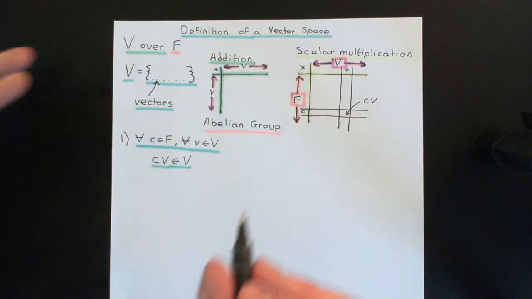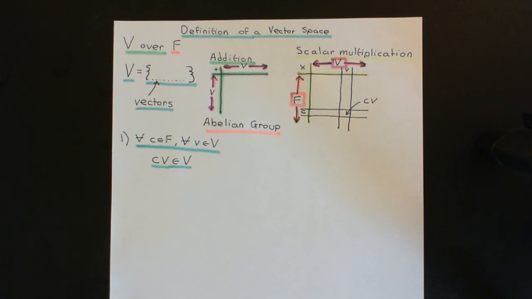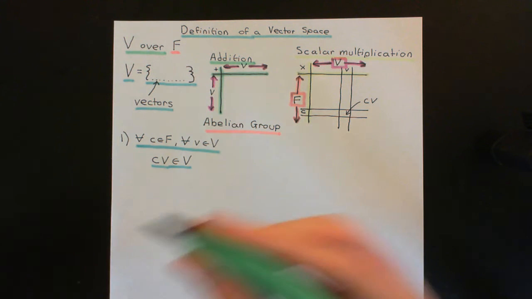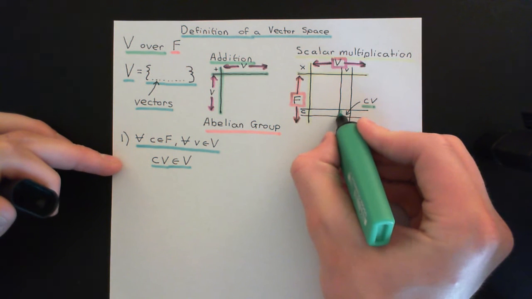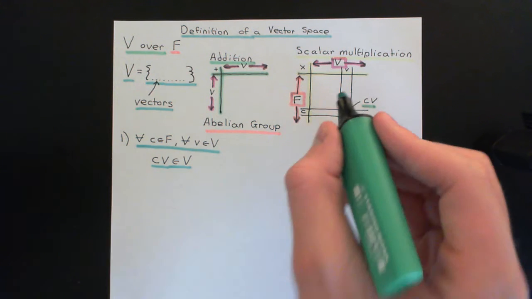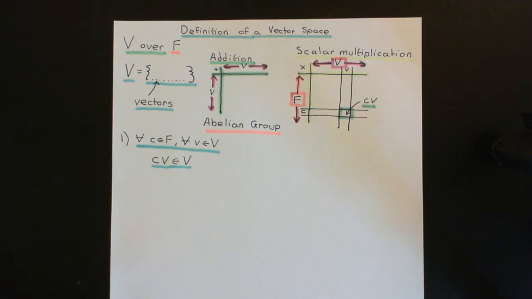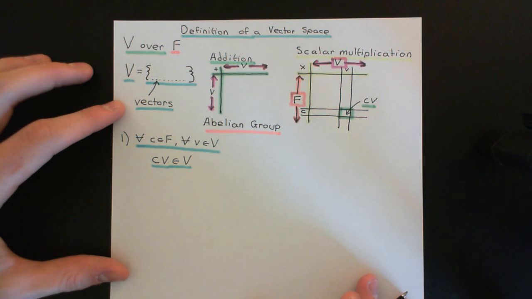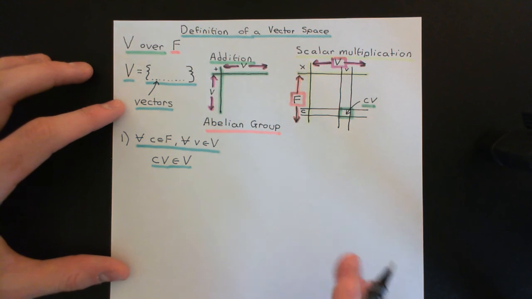This must be some other vector from the vector space capital V. Whatever it is, it is not something that is outside of capital V. It is within capital V. So that means that all of the entries in the scalar multiplication table have to be back within the vector space capital V. So we need scalar multiplication to be closed. It needs to always give elements from the vector space capital V. Okay, so that's the first axiom then that scalar multiplication must obey.